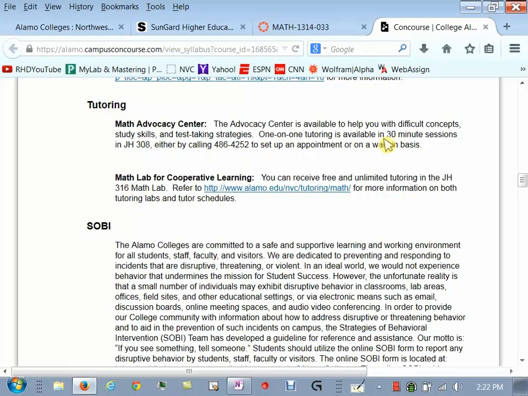And then the other lab is where if you need one-on-one tutoring, they can do that and give you a couple of sessions, 30-minute sessions. The catch to that is that they can only help you if your question is developmental, meaning it's not necessarily the college algebra that's getting you, it's something that you should have known before you got here. Okay? That lab is designed for developmental classes, not for college level. Make sense? So you can still go there, but your question has to be of a developmental math nature.